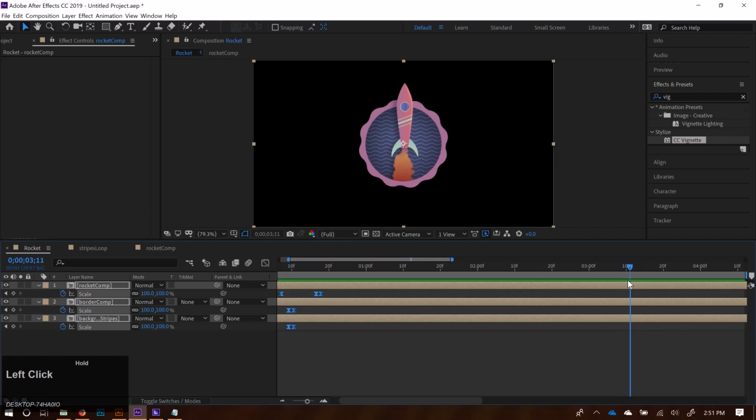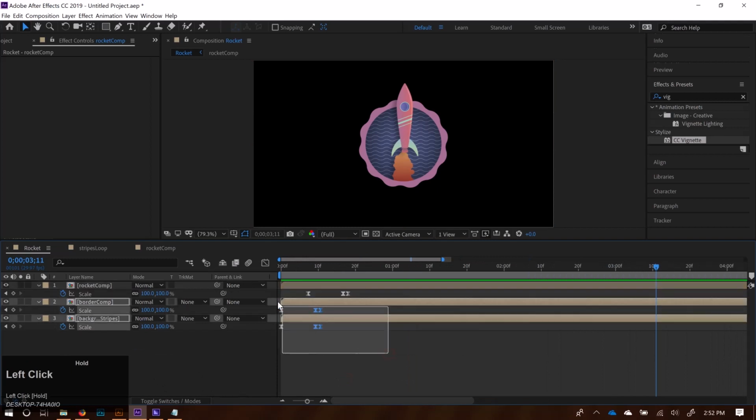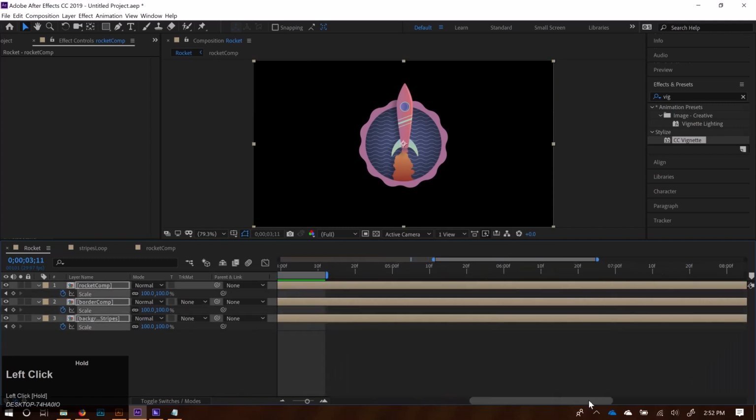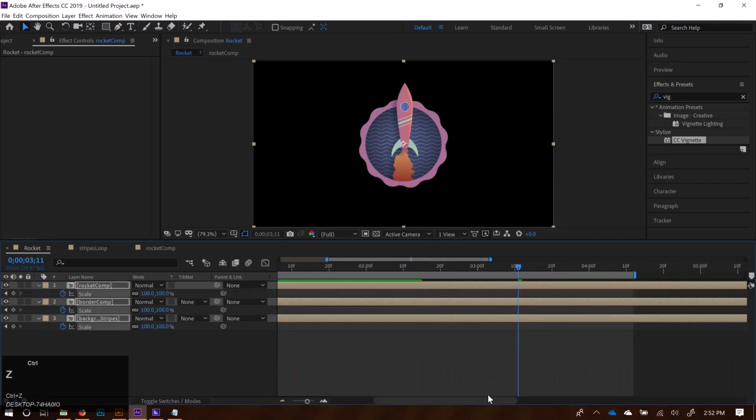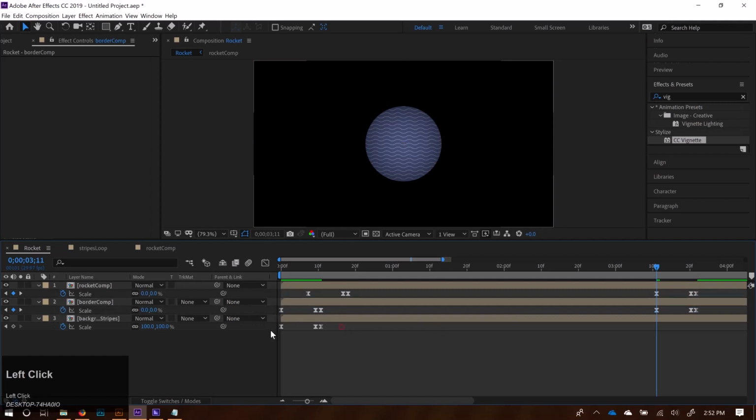Now, how is this going to work? Where was our last jump? There it is, right there. That jump right there. Basically, I'm just going to take these keyframes that I've already set up, copy them, and paste them down here, not the layers, just the keyframes. I was thinking we could do this all at once, but I guess not, so we're going to have to do this one at a time. Control-C, Control-V, Control-C,